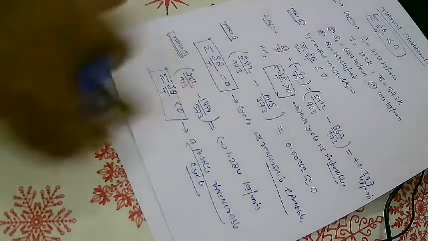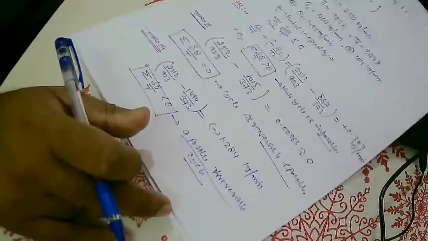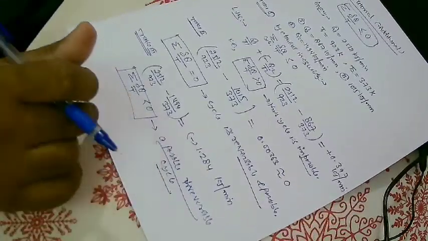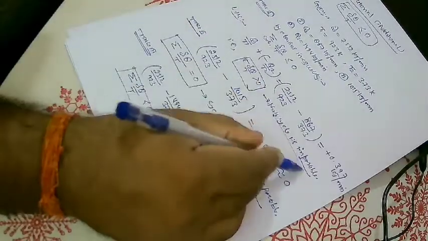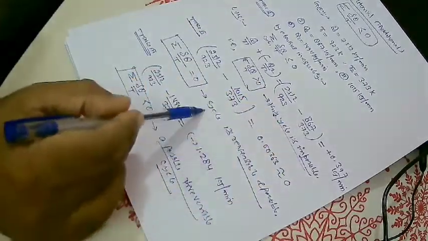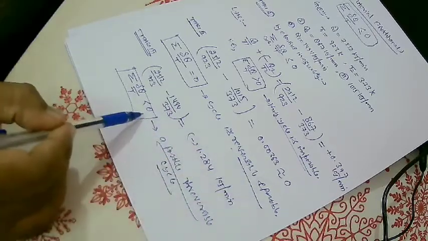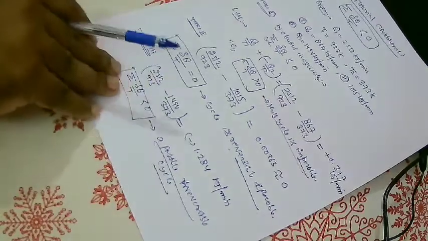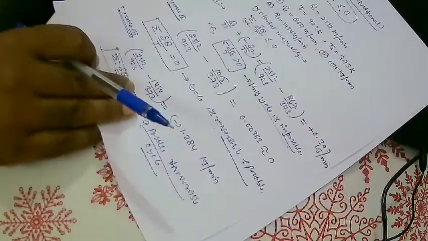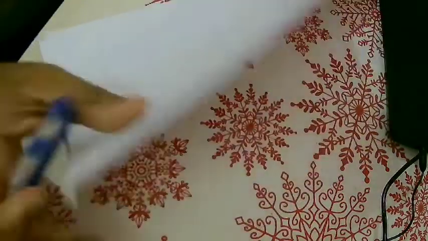So like that we can find out for a given data whether a cycle is possible or not, whether it's irreversible, what is possible. So in the first case we found this is impossible. In the second case we found the cycle is irreversible but possible. Third case, it is irreversible and possible. So like that you can solve. So this was the first numerical problem. I don't think there will be any problem in solving this. So now we go for the second numerical problem.